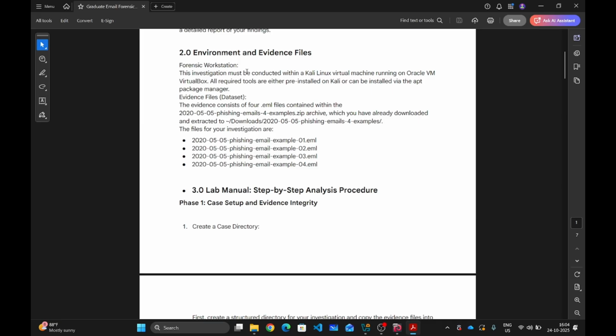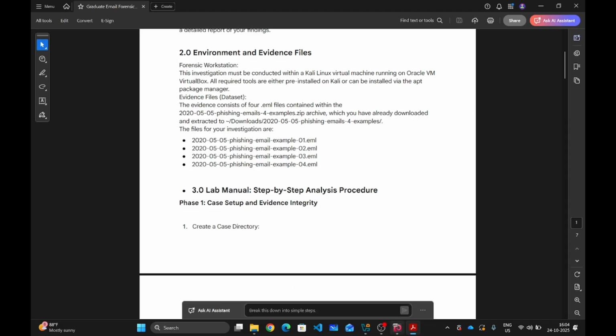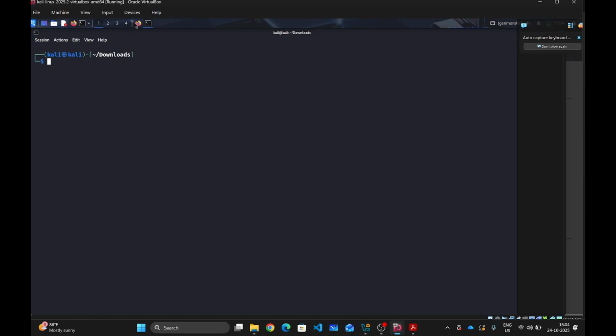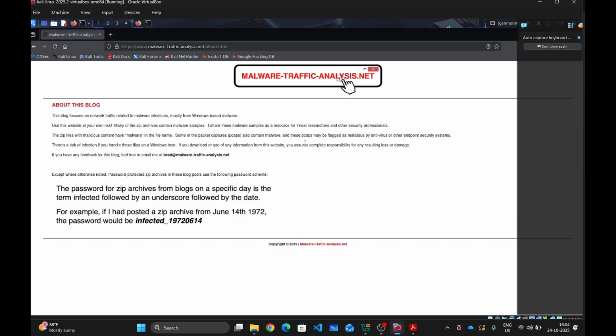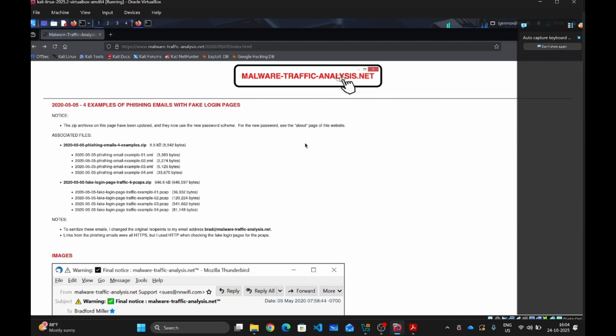For this email analysis we will be downloading these files called .eml files. An EML file is generally a file format used to save an individual email message, including its headers, body, and also the attachments. So we will be using the email .eml files from this website called malwaretrafficanalysis.net, and we will be using this specific